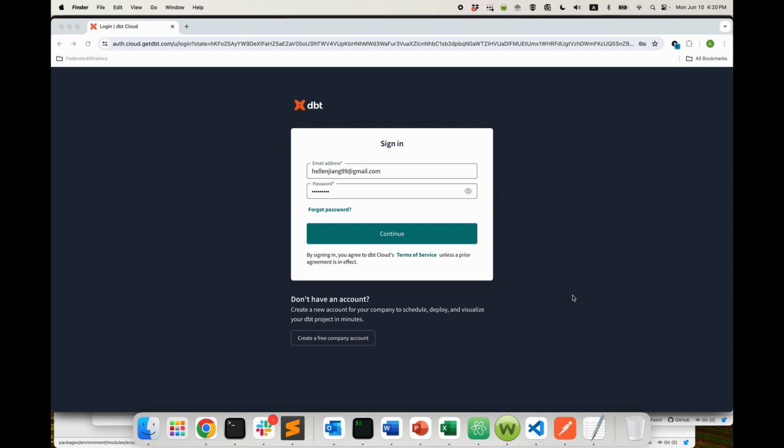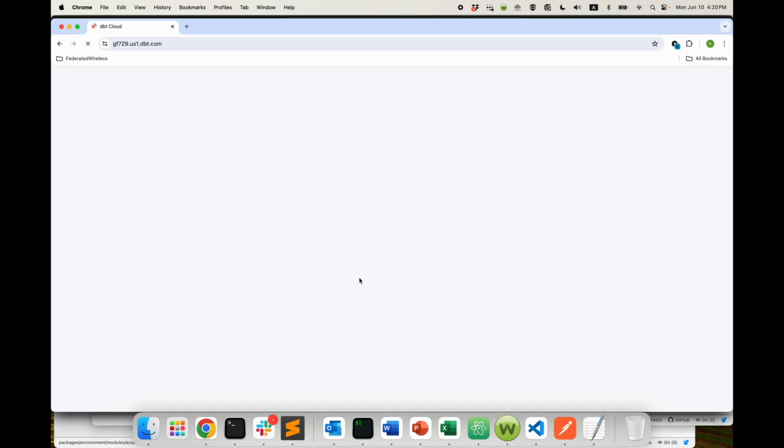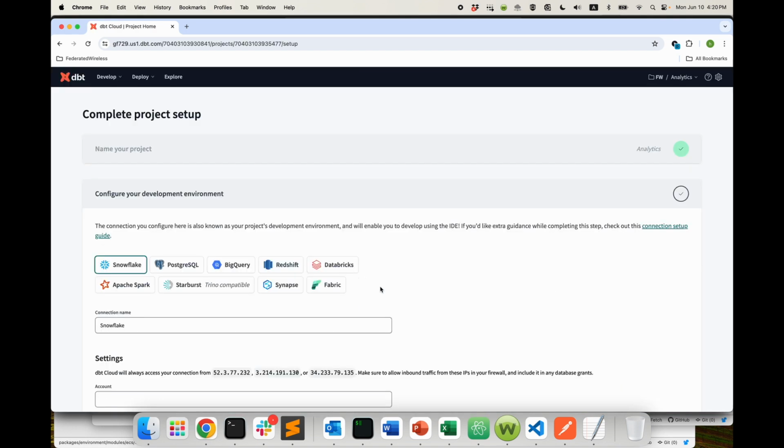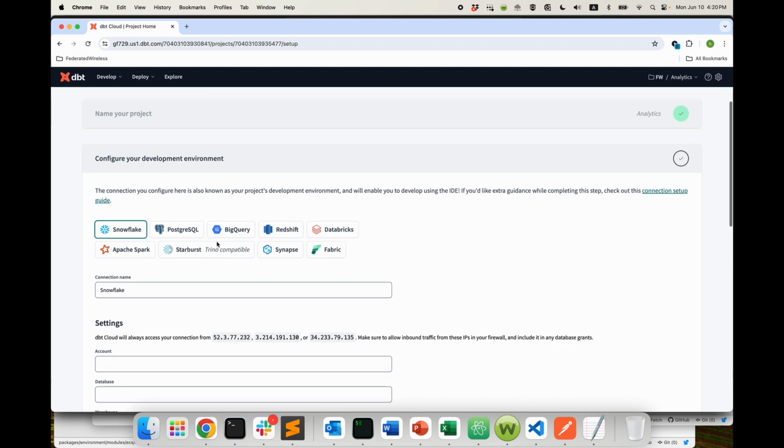For DBT, you can apply for a free account. This is my account. I can use my account and then continue and log in. When you log in, it will ask you to create your project with a project name and